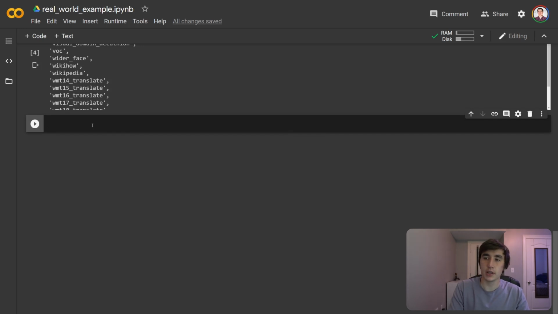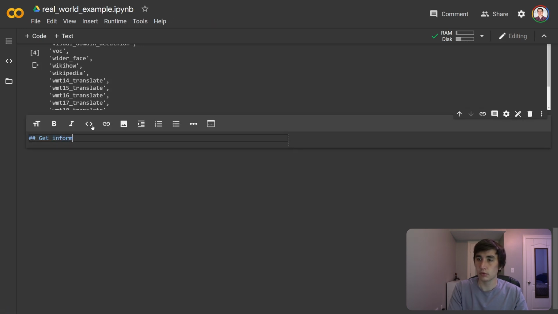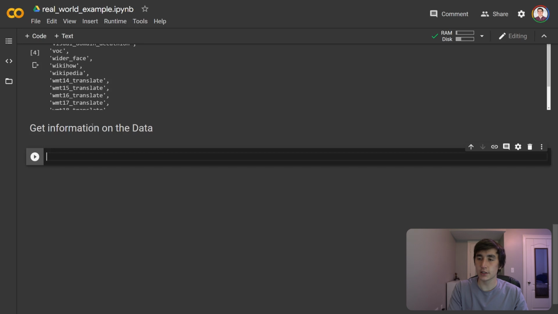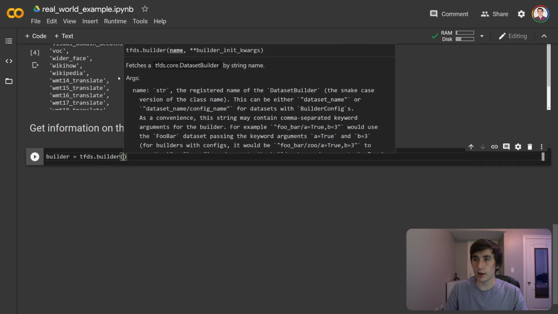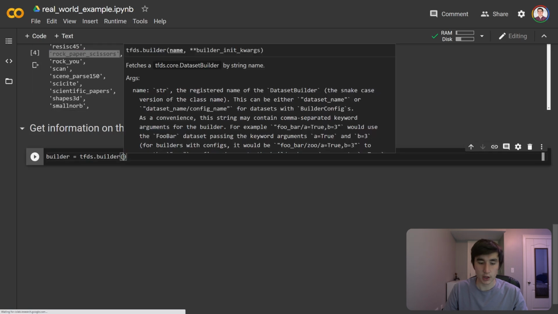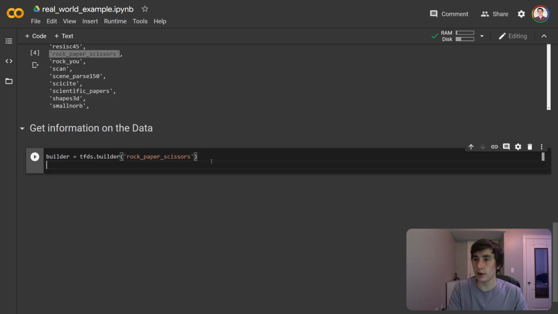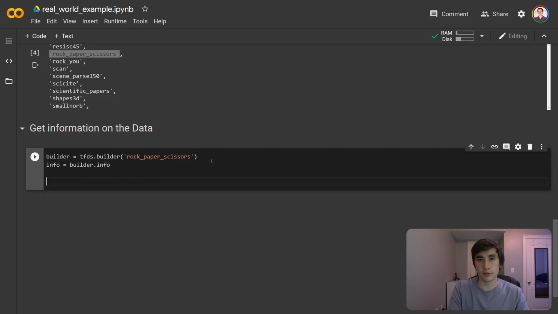The first thing we can do is get some information on the data. To do this, we can use the TensorFlow datasets builder to load in some information about a specific dataset. So we're going to do builder equals tfds.builder, and then we need to take that example that we saw up here. That was rock_paper_scissors with underscores. So I'm going to copy that real quick, paste it in, and then there's this nice convenient method on builder, which is builder.info. It will load in all sorts of information about the dataset. And then if we go ahead and print that out,